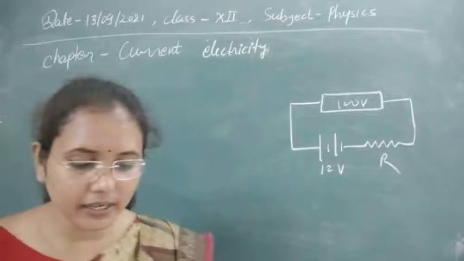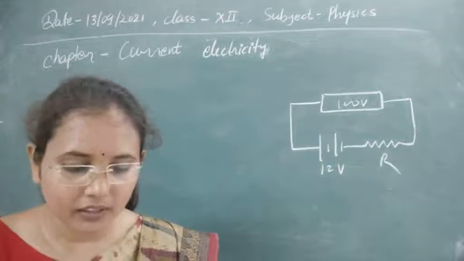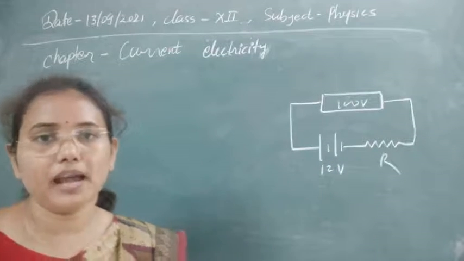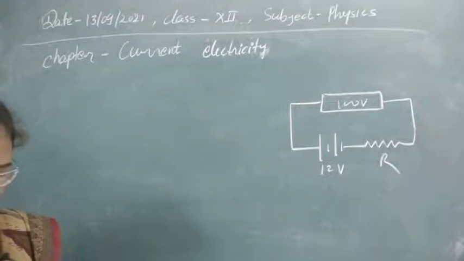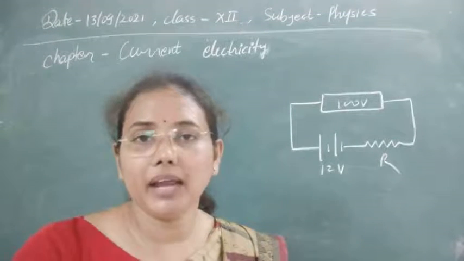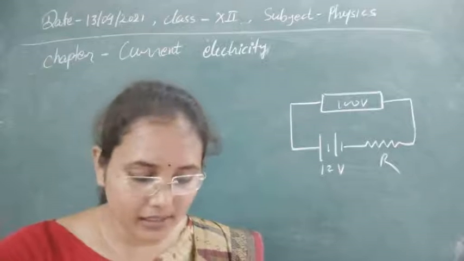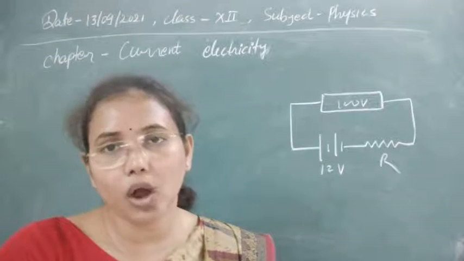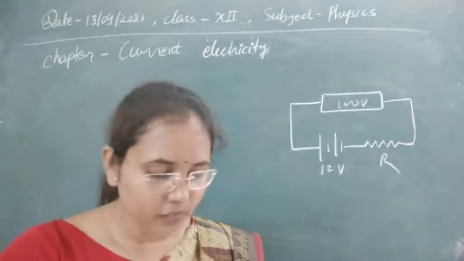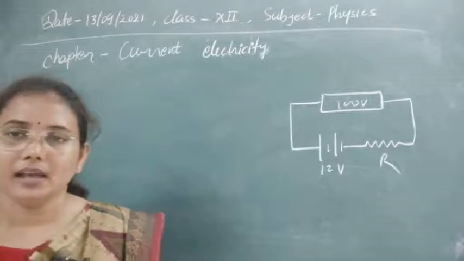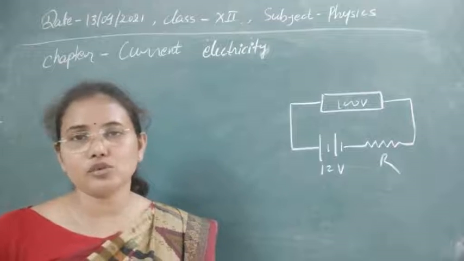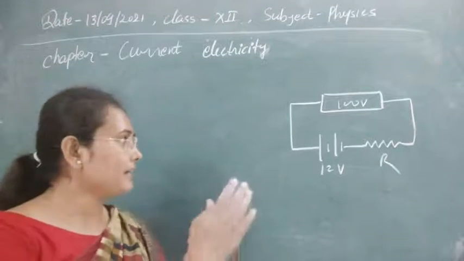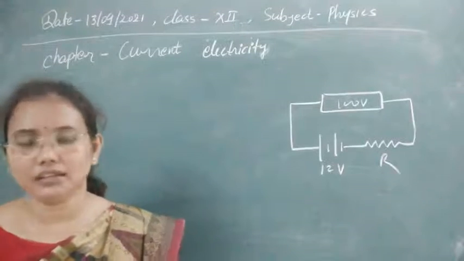Now the charging current is 1 ampere. Then what will be the value of R? So we have to calculate the value of R in this circuit. So let's calculate it. As you know, according to Kirchhoff's second rule, the supply potential should be equal to the voltage drop across the battery plus the voltage drop across the resistance. Whatever supply we are providing should be utilized in the battery as well as in the resistance.